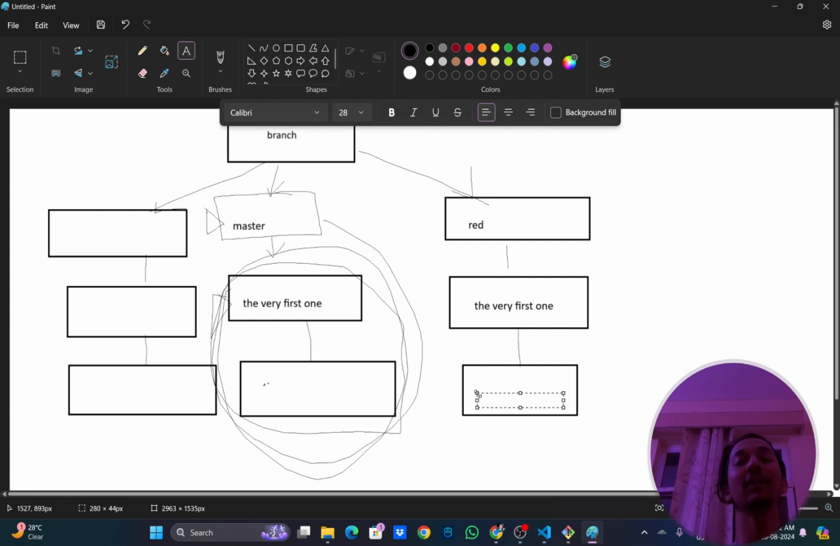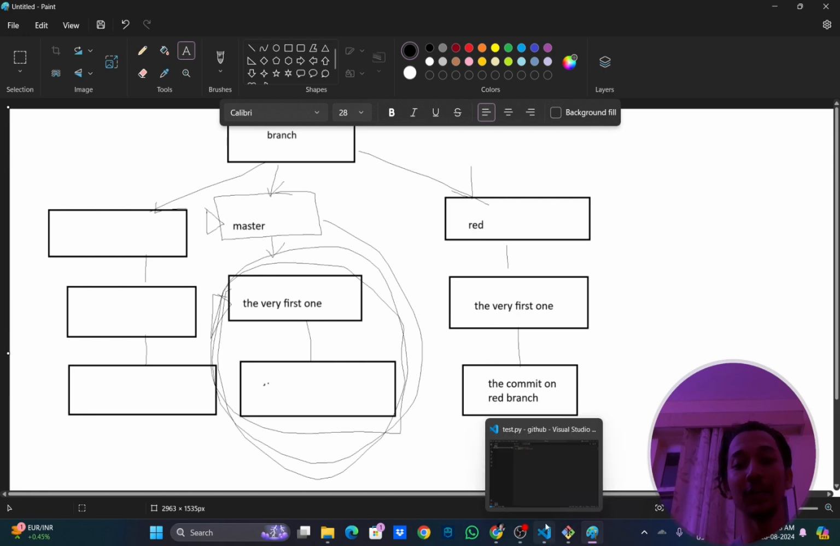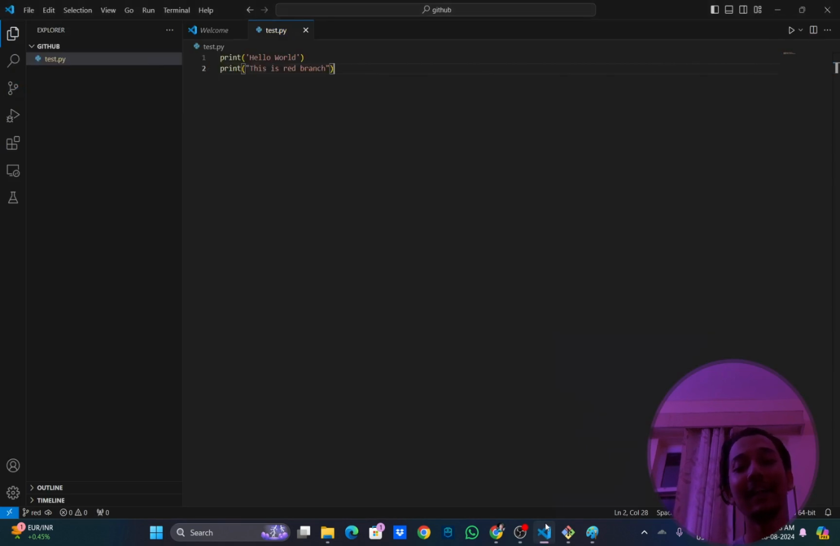So what did we do just now? We created one more version, one more commit, right? That was the commit on red branch, something like that. I forgot the exact name, but it was something like that. So you can see I had created one different version in this red branch, which is independent of the master branch, and I will show you that right now. I'm going to prove that these both are